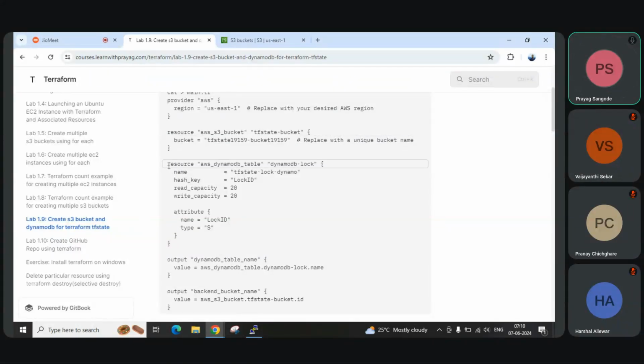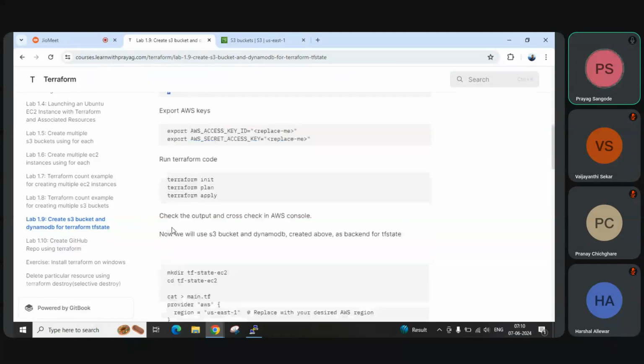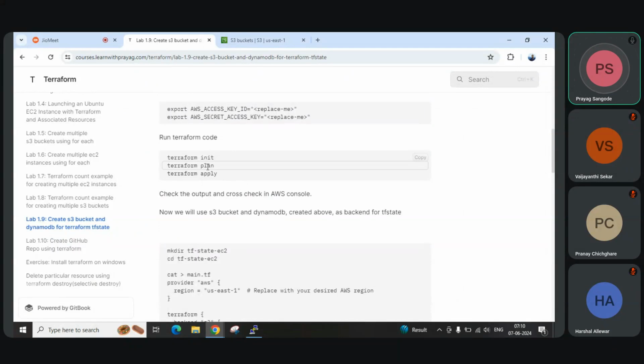Then the second resource which I'm creating is a DynamoDB table. The block name is dynamodb lock, and the name of the DynamoDB table will be this. It will create a table with this name, and we'll see on the screen that this DynamoDB table is created, and this bucket is created. Once this is done, this is the prerequisite for all the next